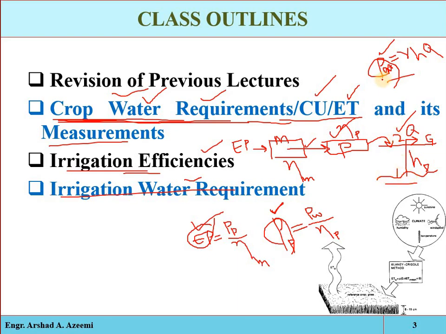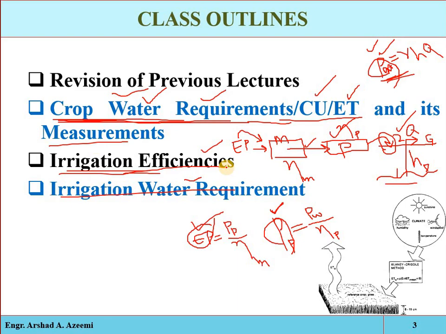For example, if this is the water power requirement, if this much power is applied on the motor, then the power supplied by the pump will be less than this value and the water will not be raised. So in a similar context, the crop water requirement will be less than the irrigation water requirement. Irrigation water requirement will be more than the crop water requirement, because we will have to account for the different